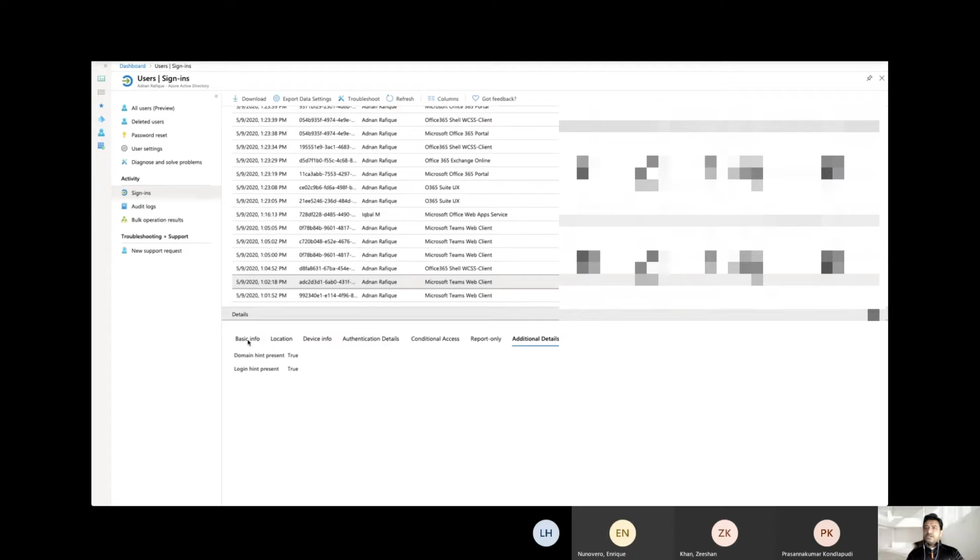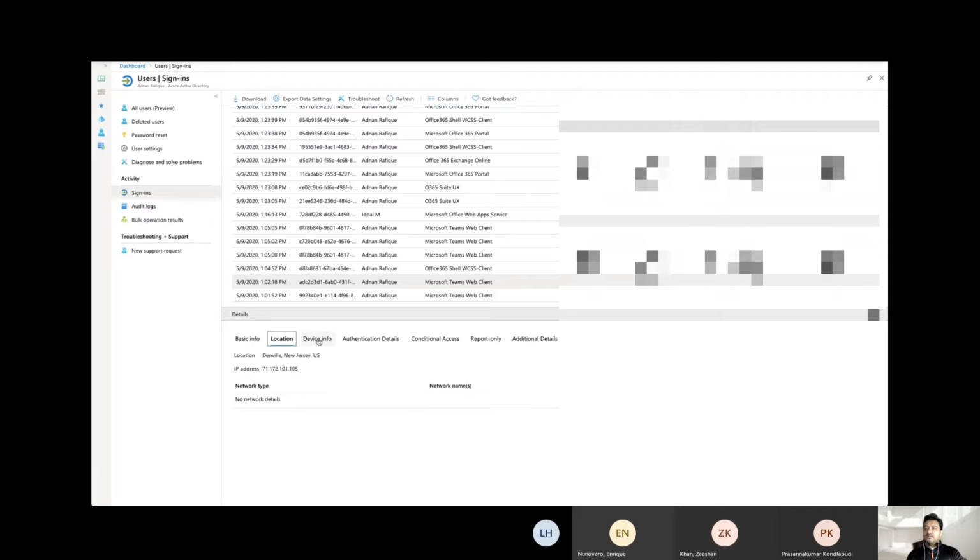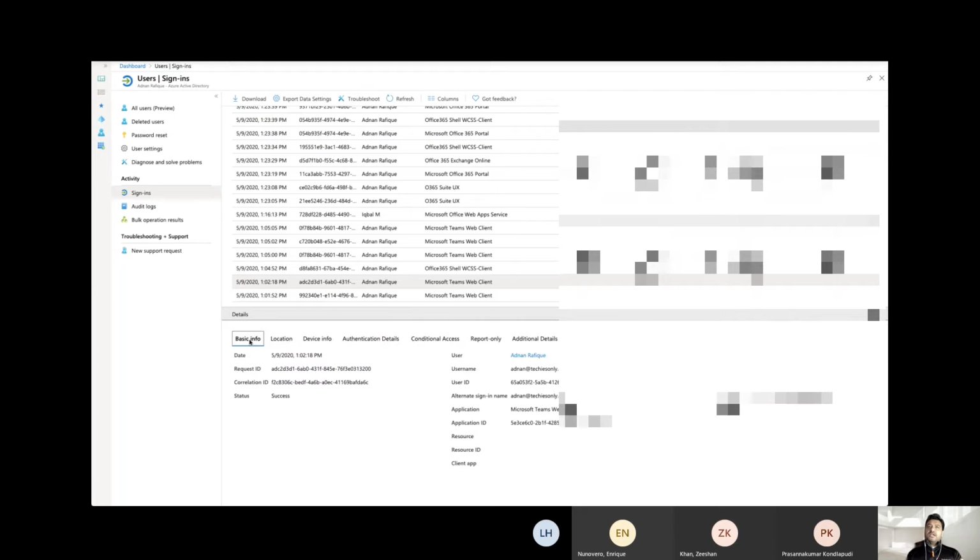Okay, I'll give you one more example. It gives me my Teams client, and it gives me my browser or macOS. So I might have logged in from my macOS and Safari, whichever. So it has that. These are all the information, which is good, but that's one way of dealing with it. But this is not good enough for where the cloud is going. So we'll look into that.